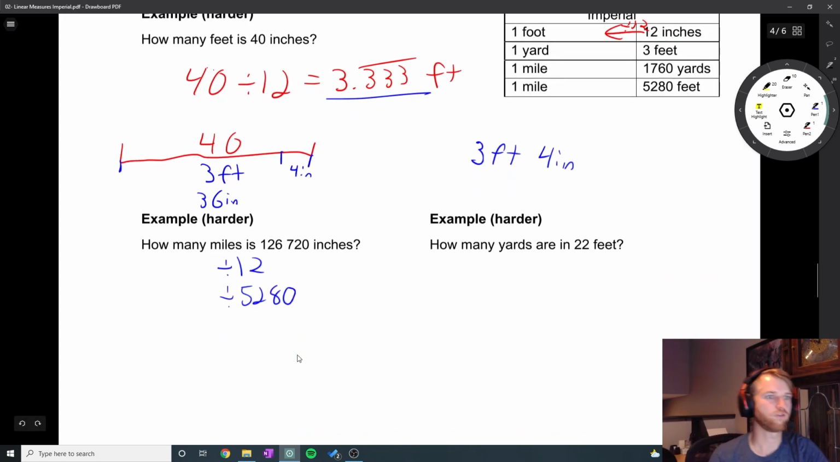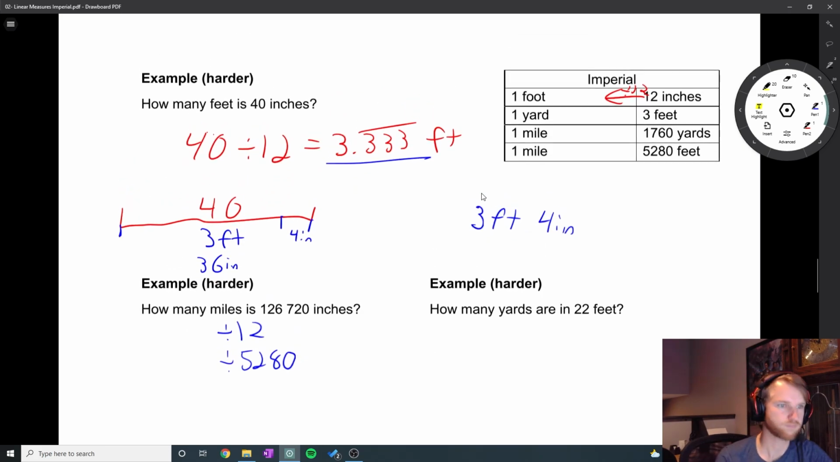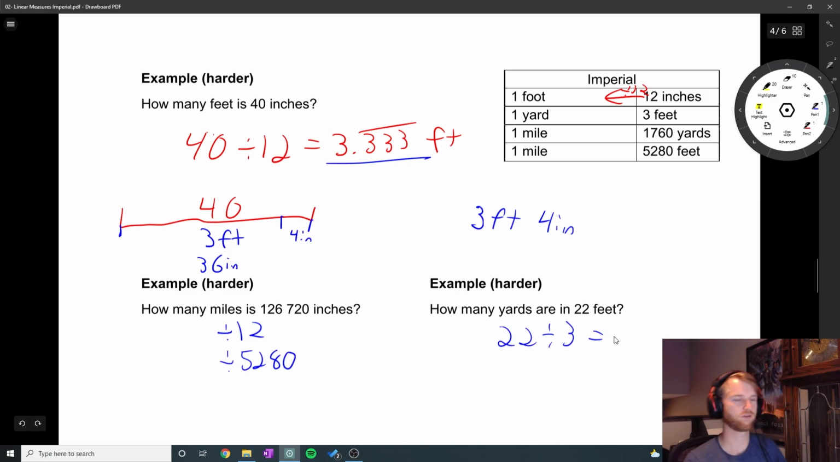How many yards are in 22 feet? So this is, again, one that's not going to be round. I would take 22 feet and divide by 3 to get to yards. 22 divided by 3 to get to yards, and that's going to give me 7.333 repeating forever and ever. So again, I could figure this out